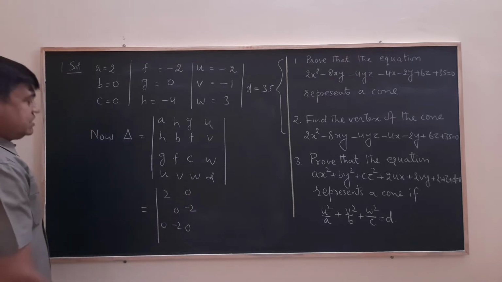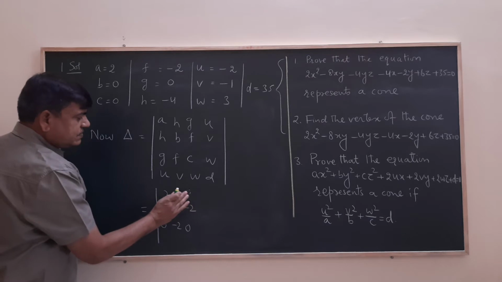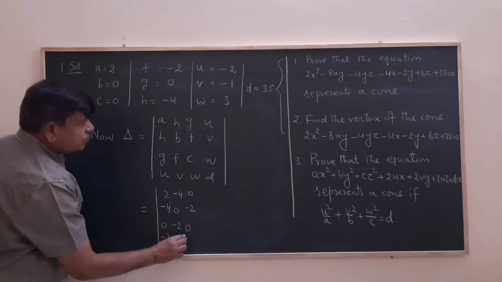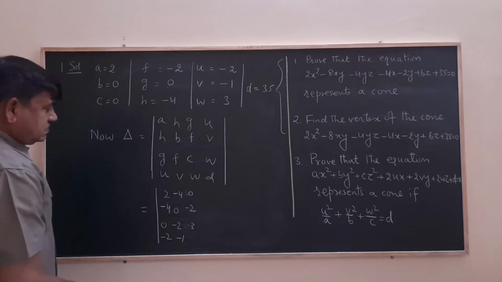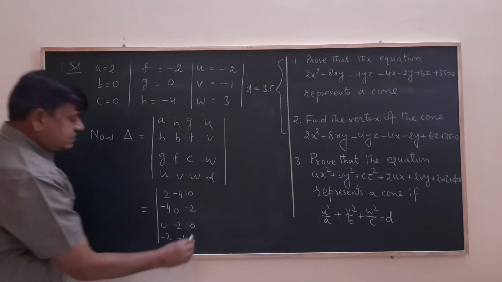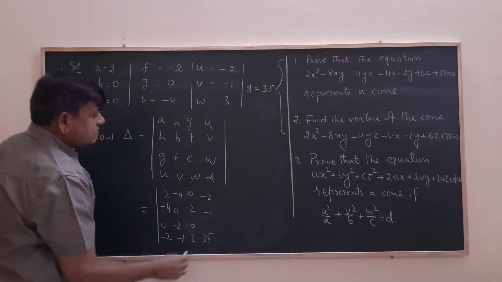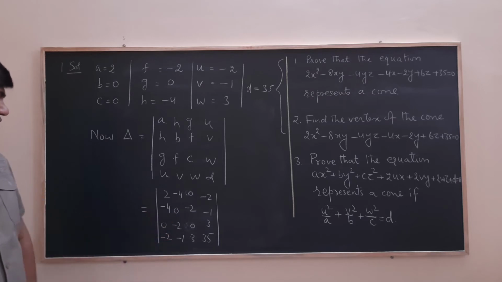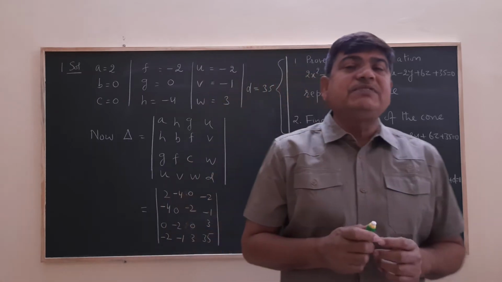Then H, that is -4. Here it is -4. Then U, V, that is -2, -1, 3, and D is 35, -2, -1, 3. It is this. So this is a 4x4 determinant, and to solve the determinant, definitely it is a little bit time consuming, but if